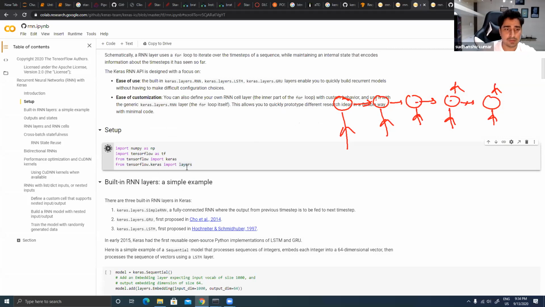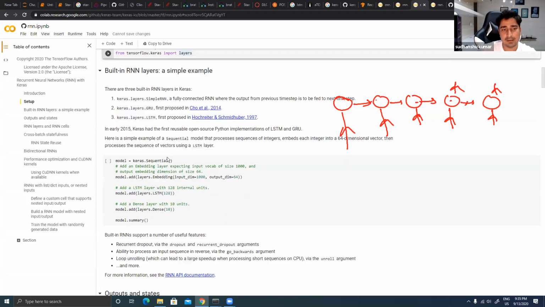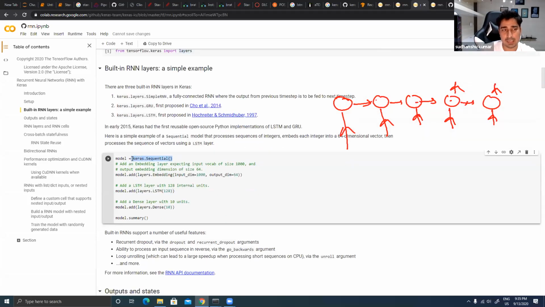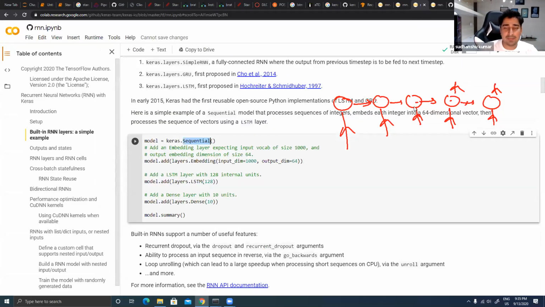So I'm just using the official implementation from Keras itself. We are trying to import all of those things. In the case of a CNN, you must have seen that we used to call Sequential. We are doing the same thing. We are still calling Sequential, meaning we are trying to build a pipeline. Now in this pipeline, we have to add an RNN cell.